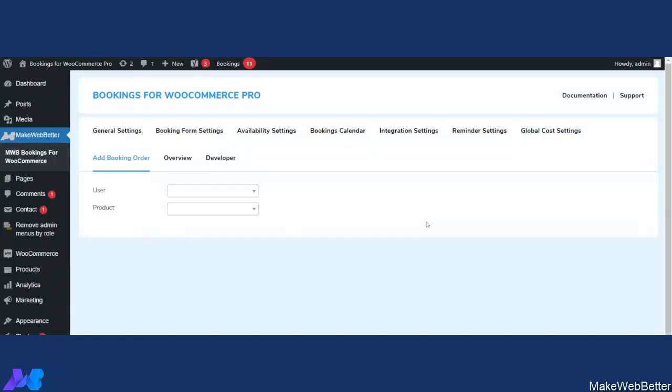So we are on the add booking order tab. This is a very exclusive feature of the Bookings for WooCommerce Pro plugin. It will help the admin to easily manage and create customer booking orders on their behalf. So it will act as a customer's agent. Let me select any of the users. Let me type the first 3 characters,